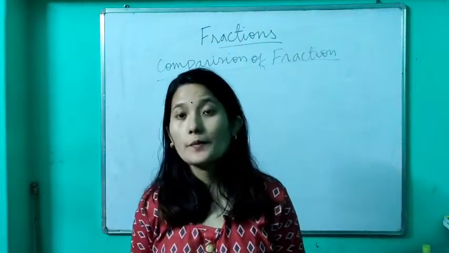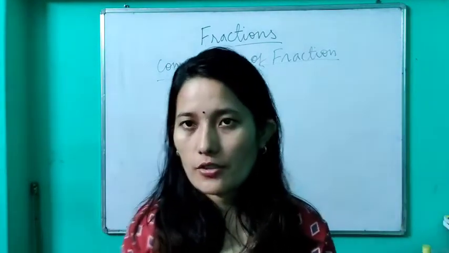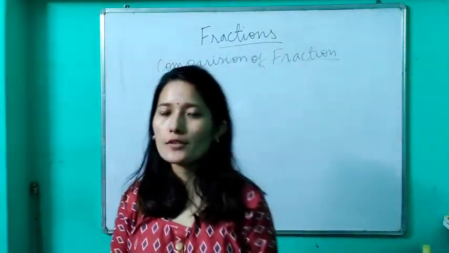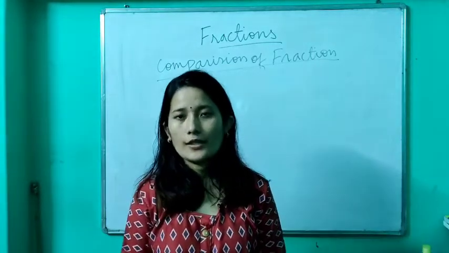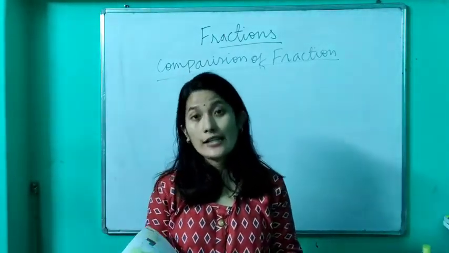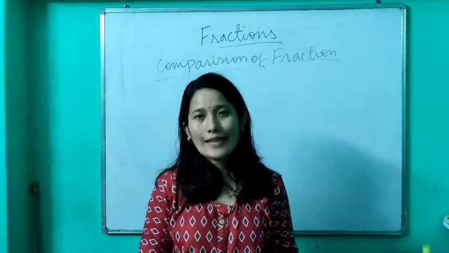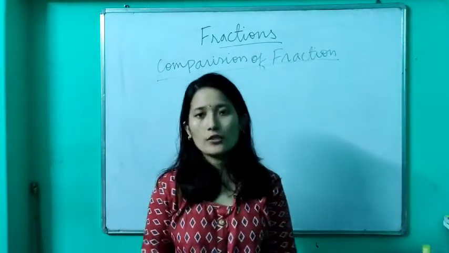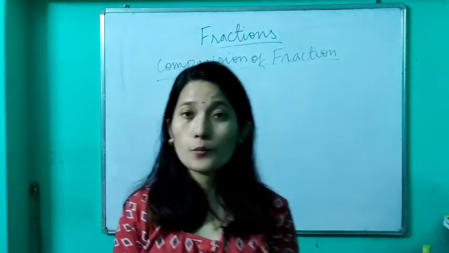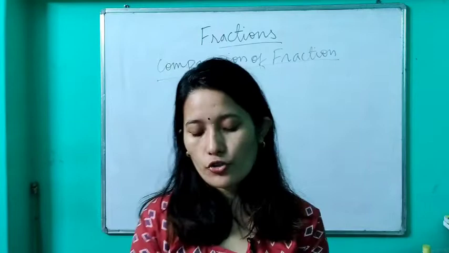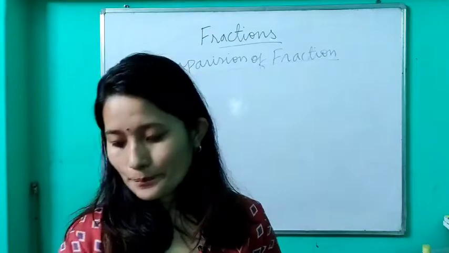Now the same method will be applied for comparing the fraction with the different numerator also. Okay, the one which you did with the same numerator, similarly find the LCM and then carry on with the procedure. Is that clear? Okay, so till here we have completed the basic of fractions. Okay, like types, how do you compare, which one is greater, which one is smaller. Now we will move on to the much complicated portion. It's not that complicated also, because you have done this in your previous class. So we will move on with that.